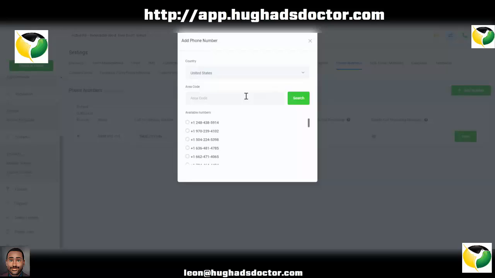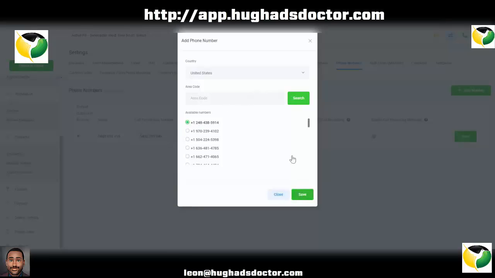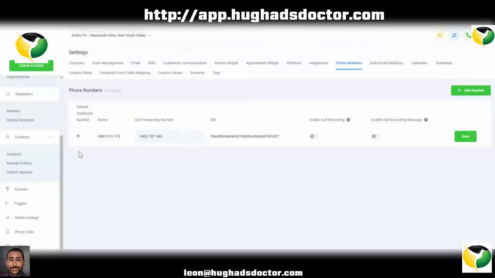If you want any particular area, I usually recommend selecting a number for the local area where you're doing business, so that when we have the system calling them, it's calling from the local number. Okay. So here you can select from the default number. If you have multiple different numbers here, you can always select the default number, and that way we can have the system call